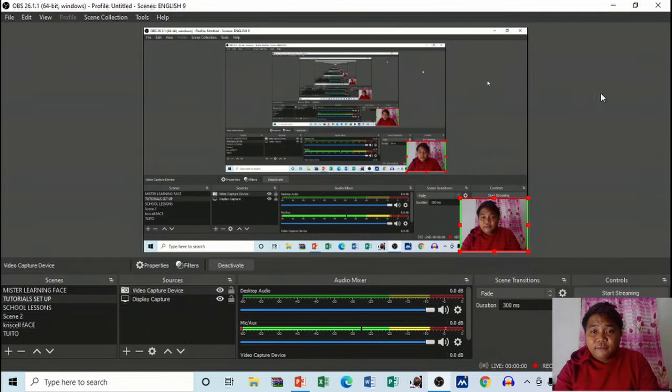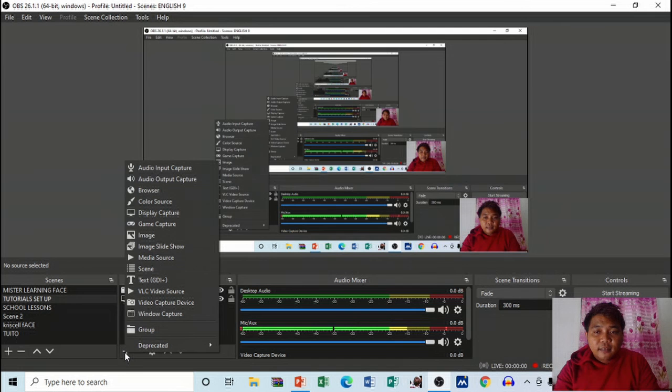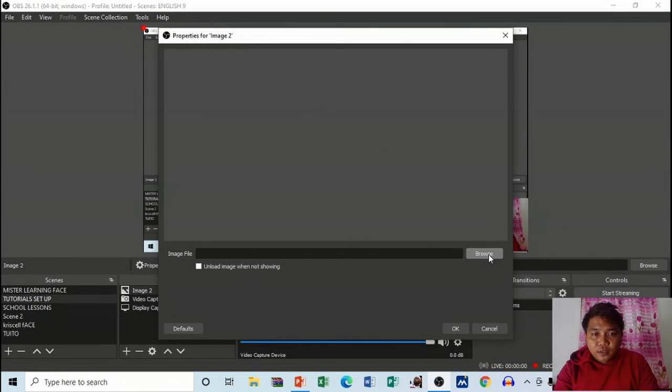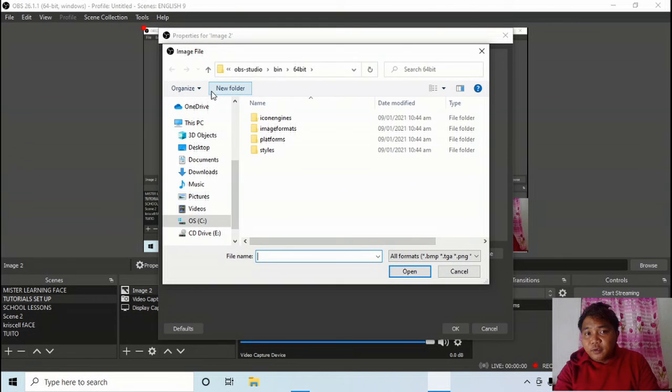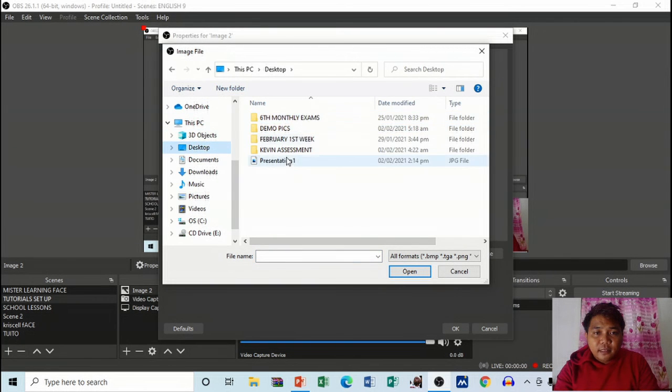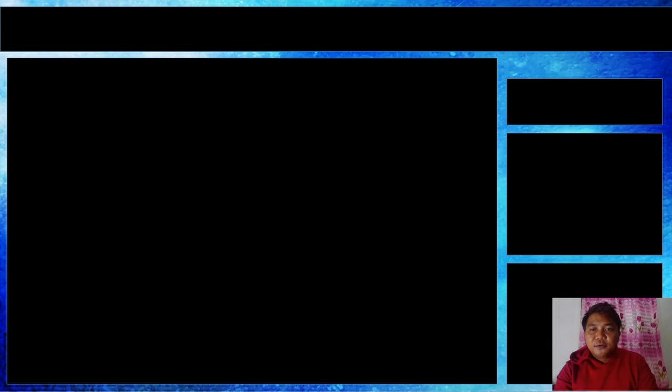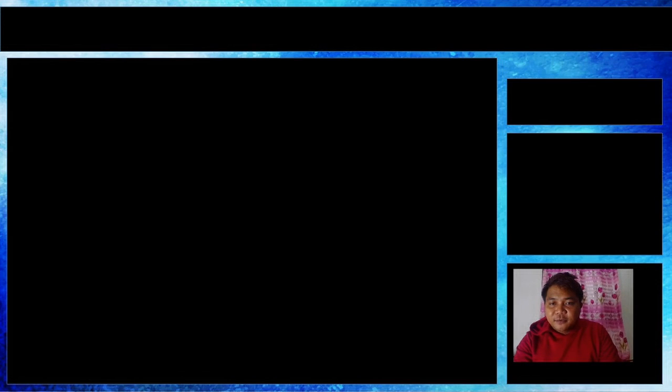There you go. Now, if I'm going to open OBS right now and insert an image here, I'm going to browse and look for the image that we've just created. Desktop, and there you go. Open. And this is our template. And we just need to send this one backward. There you go. Now if I align my video here,